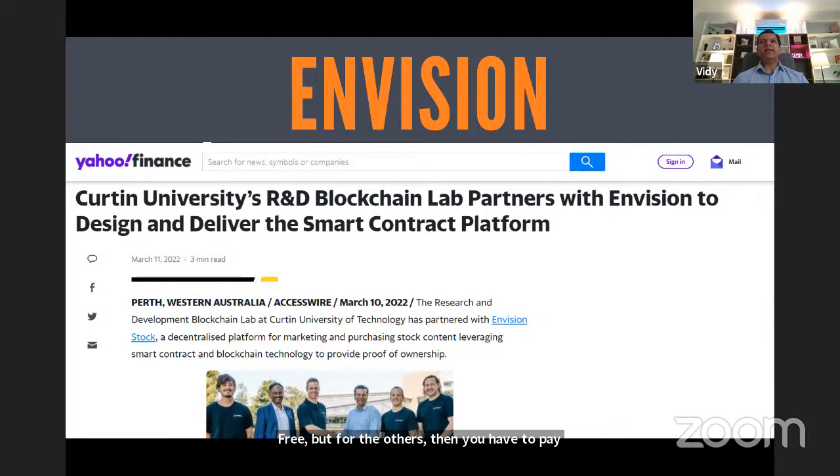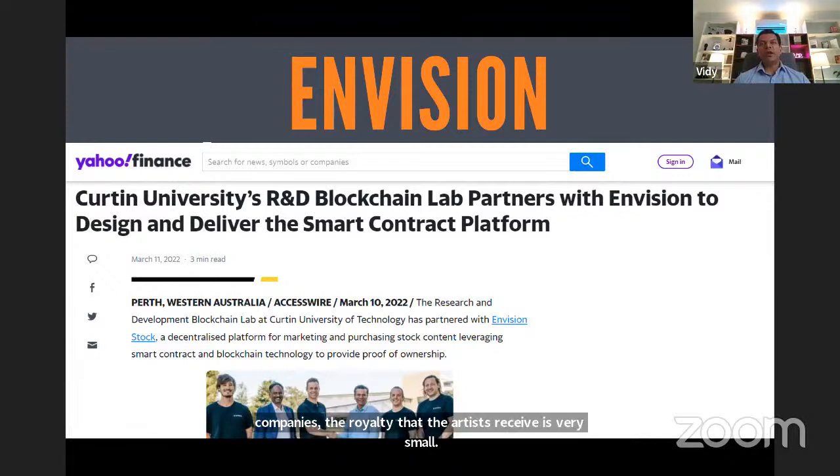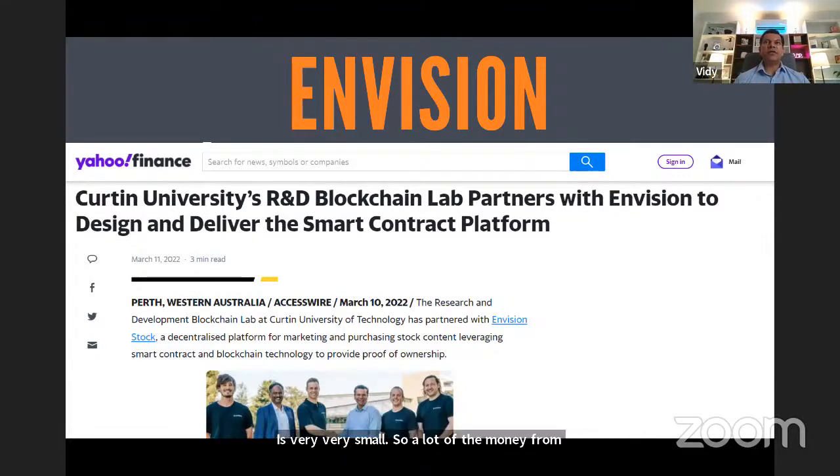In these companies, the royalty that the artists receive is very small. So a lot of the money from the sale actually goes to these big companies. So Envision came to us and said that they want to build a decentralized marketplace where artists and photographers can upload their photos and videos for sale, and buyers can come and buy these photos and videos from them.